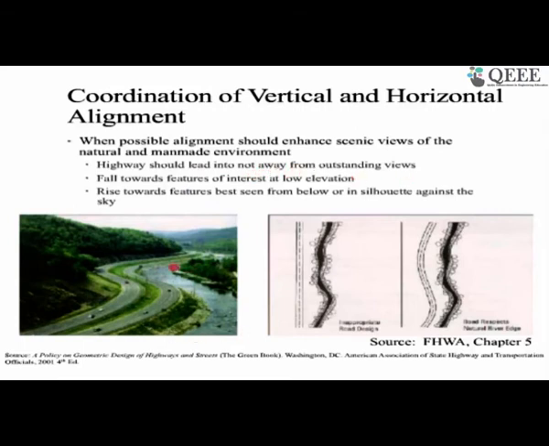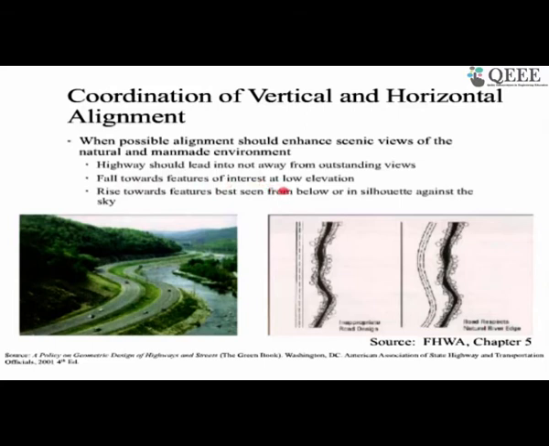If you have a river like this and you construct a highway in a straight line like this, it is nice, but it is not meandering along the river. But if you do this, then it is going to be quite pleasing. That is why we are saying that the highway should lead into, not away from, the outstanding view. And how should we consider it? It should fall towards features